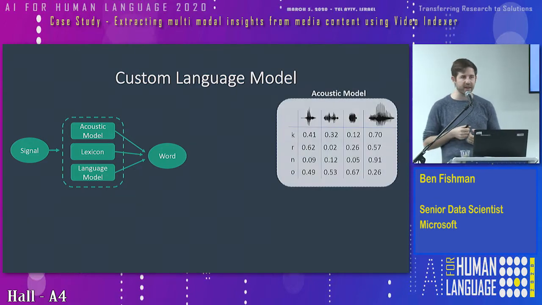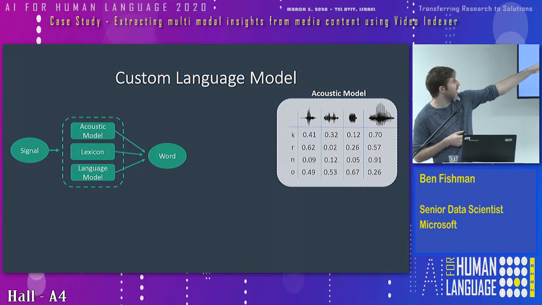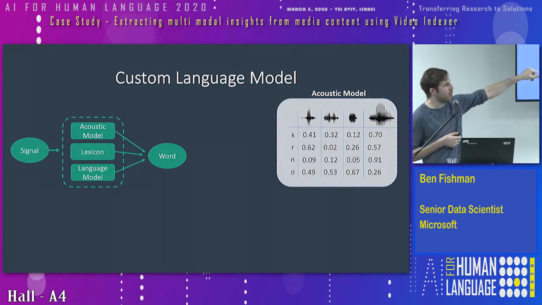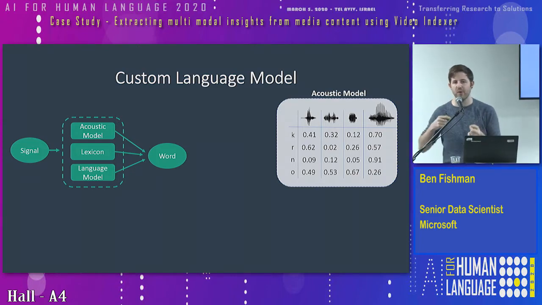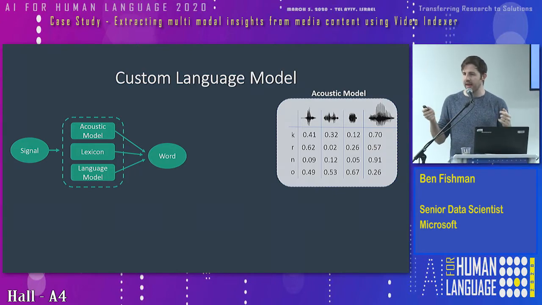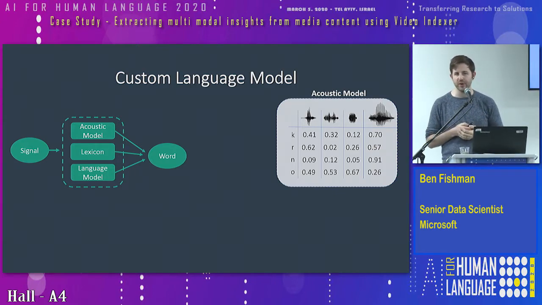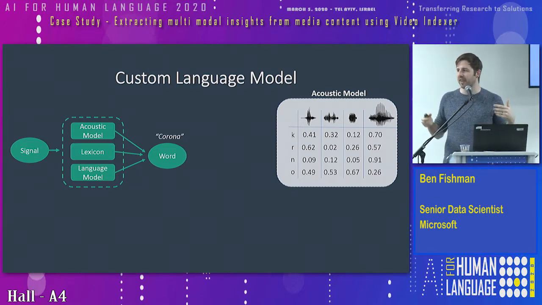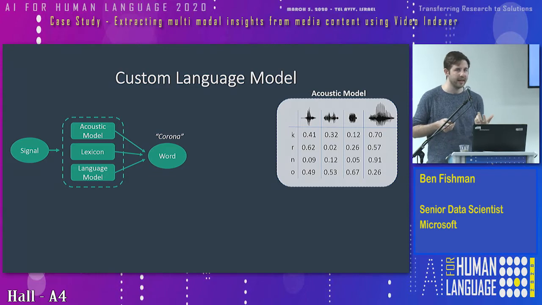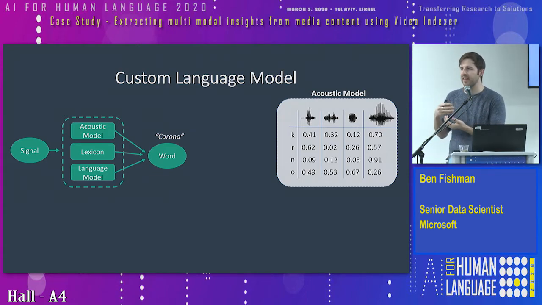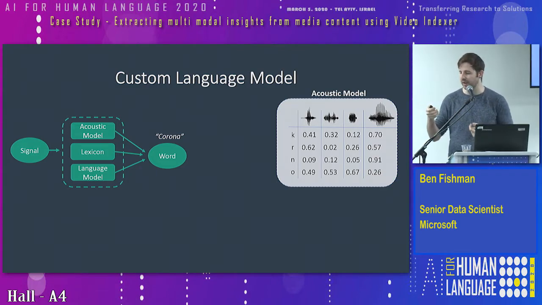And you can see here an example of a few signals with a few phonemes and the probabilities that each one of them represents this phoneme. Now let's take a very popular word these days, corona. Let's say we have this word and the acoustic model recognizes this phoneme, but now we need the language model that will try to estimate the probability that this word exists and the probability that this word exists together with another word after it.